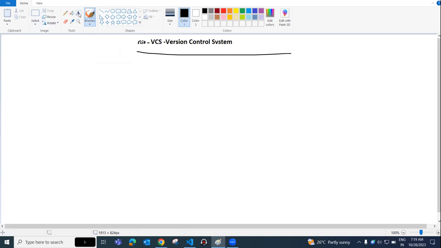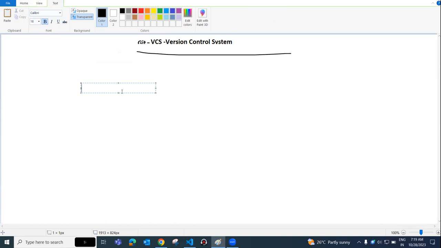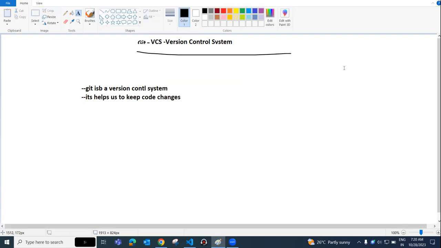So coming to Git, it is a version control system, and it helps us to keep code changes. The code changes means, for example,